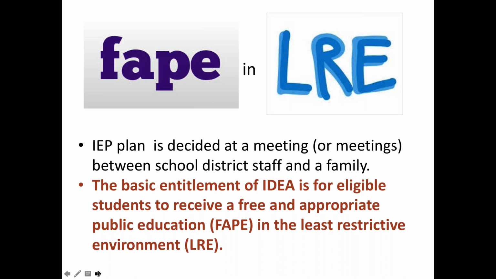So the IEP plan, as we talked about, the program, is decided at a meeting or a set of meetings between the school district staff and a family, right? These can take place over a couple of weeks. Sometimes they're condensed into a few days, but there should be enough time for everybody to collaboratively work together and get what a particular child needs, to fully understand what their needs are, to look at the options for how to support that child and determine a program that is going to give them a reasonable chance, right, to get to their goal.